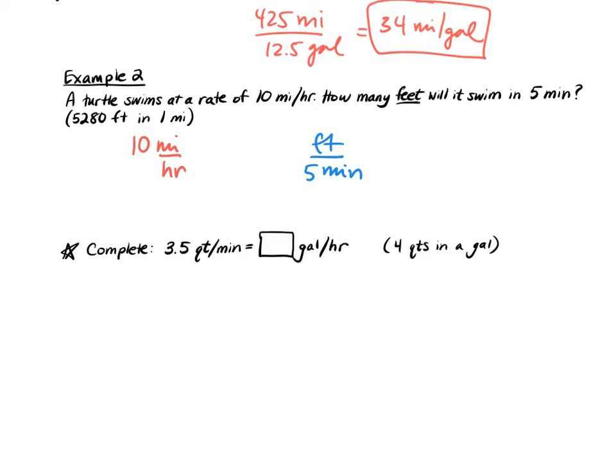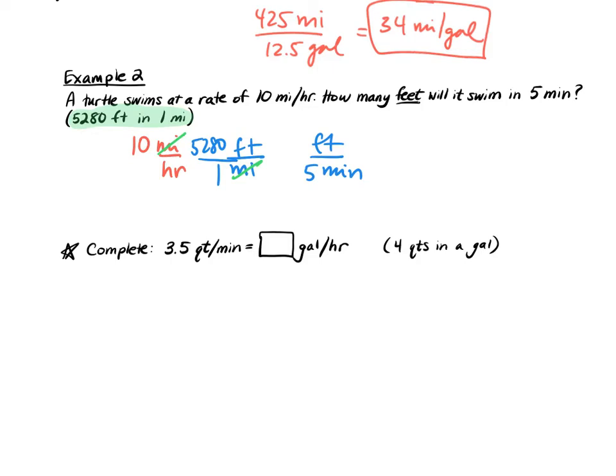Okay, so to get rid of miles, we need to put miles on the bottom, and we need feet on the top. I gave you the unit rate for this, so this is a rate right there. This is a ratio that's comparing two different units. Okay, so we have 5,280 feet in 1 mile, and then our miles are going to cancel the unit miles. Okay, so that means we have,